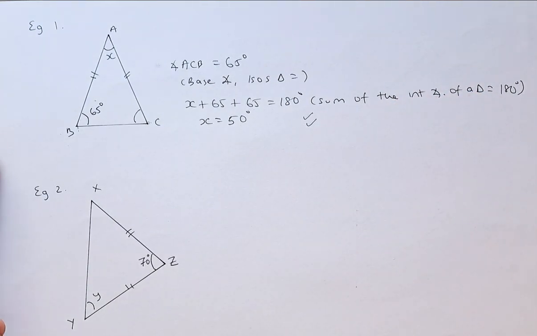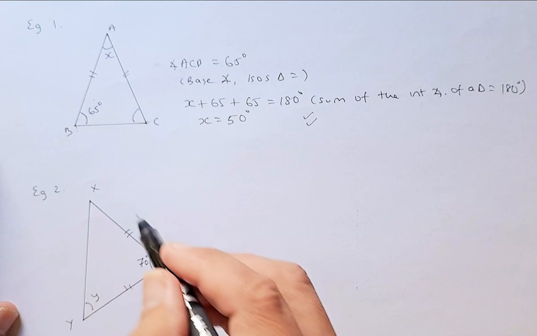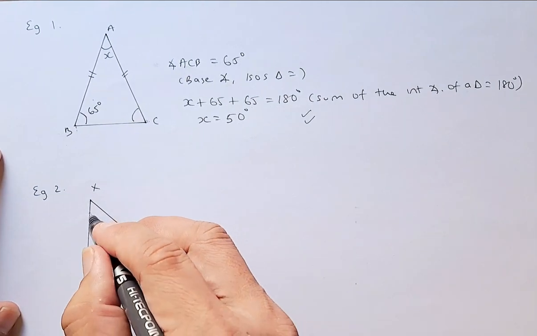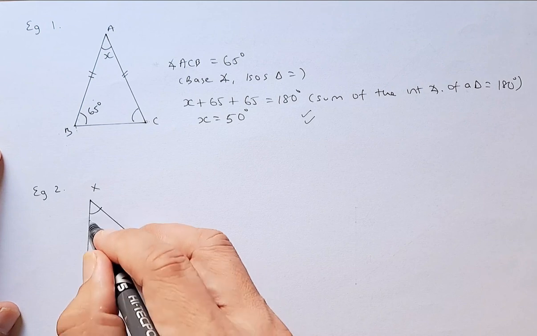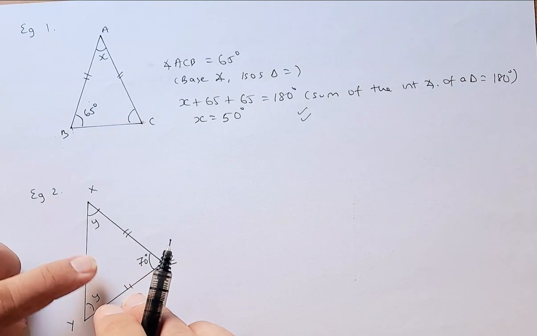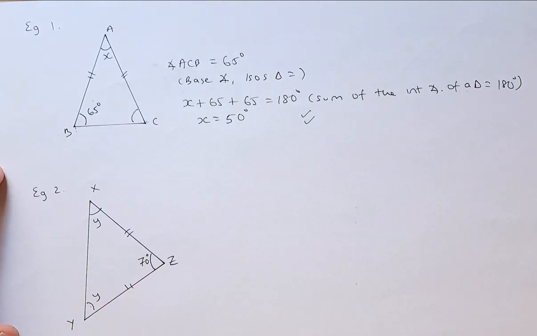Now we will look at example 2, slightly different. The 2 sides that are the same are XZ and YZ. So the angles opposite them are the same. This angle is the same as this angle. So that must be y. The 2 lengths, the opposite side y and this length y, so they must be the same angle. So y